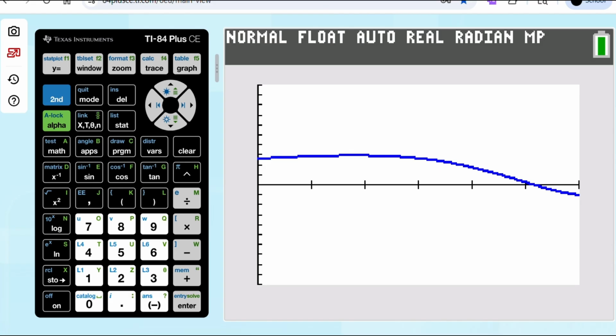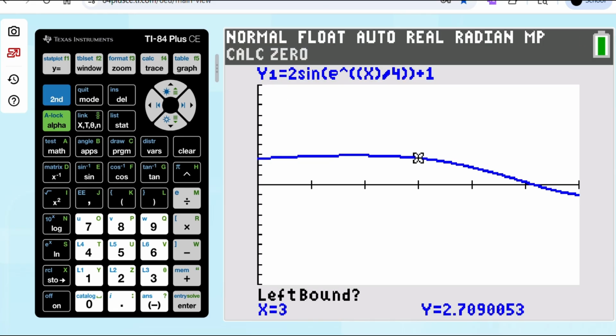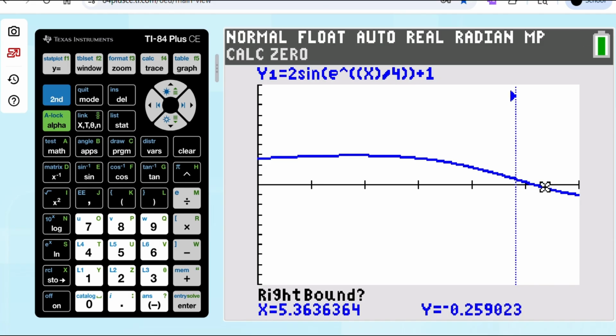Well, I want the one time when it changes direction, so my velocity goes from positive to negative. Looks like over there around 5. We'll find the exact, or at least a very close approximation to the exact value by hitting second and then trace, which gives us the calculate window. We'll choose option number 2 for zero, because that's what we're looking for, the zero of this function. And we'll scroll over a ways till we're pretty close to that intercept. Then we'll hit enter while we're still on the left of it, and then we'll go to the right of it and hit enter. And then we'll hit enter again where it says guess. And it'll tell us that that happens at